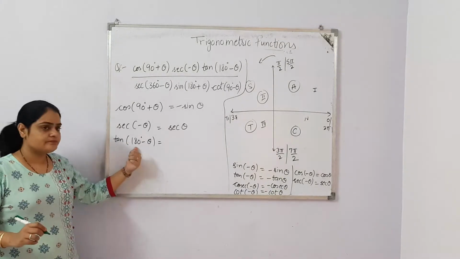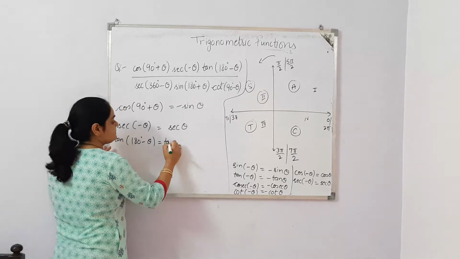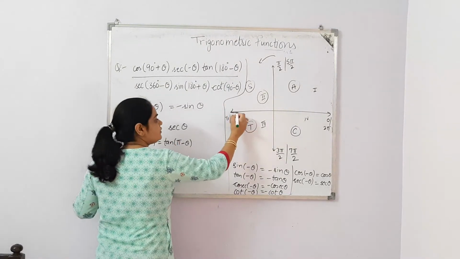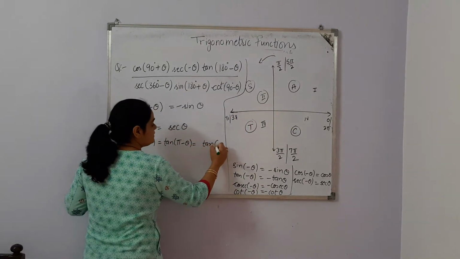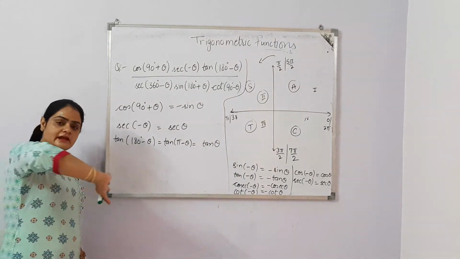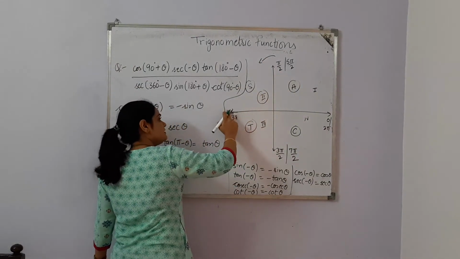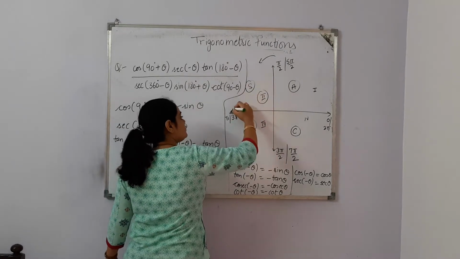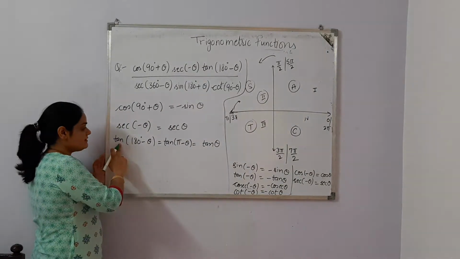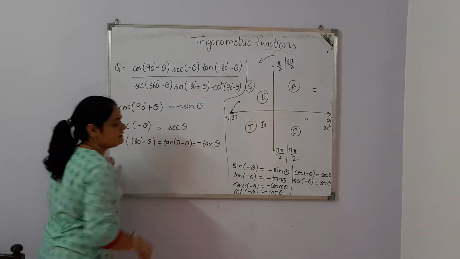Now the next one is tan of 180 degree minus theta. 180 degree means pi, because pi radians is equal to 180. So tan of pi minus theta. In terms of pi, where is pi? Pi is on the horizontal line, which means no change. It becomes tan theta. Pi minus means clockwise direction. Our hand will move clockwise. So clockwise means if there is 9, then it is 12. So the clockwise direction is this. They are in the second quadrant. In the second quadrant, what is the value of tangent? Of course, sine and cosecant are positive. Tangent is negative here.